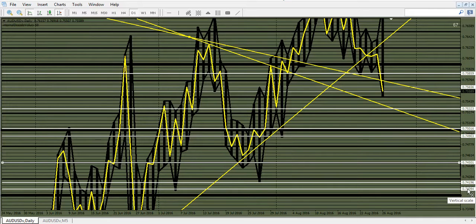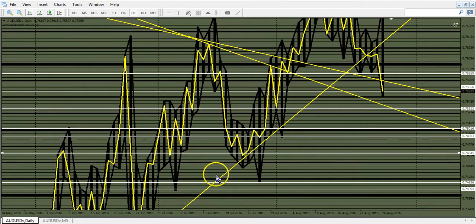Okay, so next week, since they came out with this news about the dollar, it doesn't seem to have created any really crazy moves. I've seen bigger moves here on, I don't know what the news was here. Australian dollar on the daily chart here, looking back in June here.